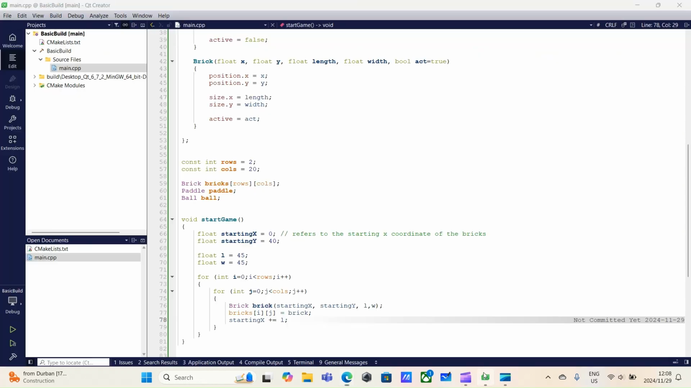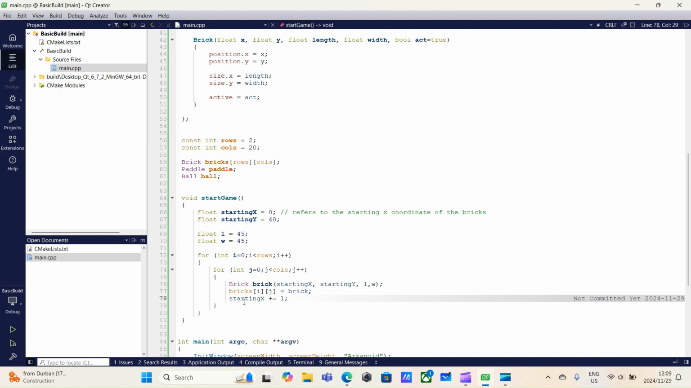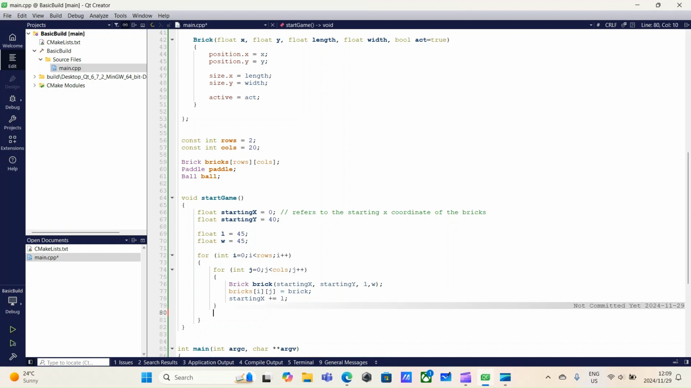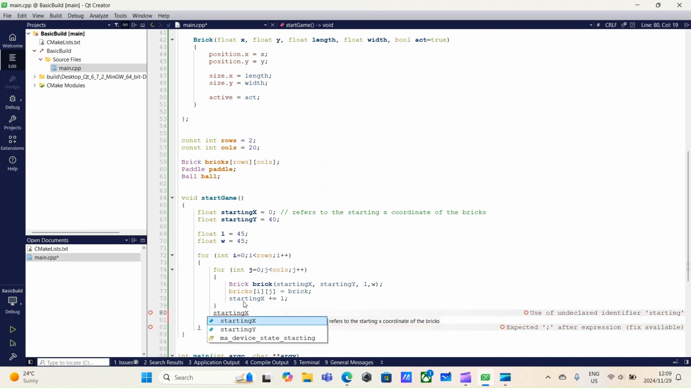All right. So starting x plus equals L, which is just 45. You can equivalently just go 45, but L, because it's the same thing right now, and if we ever needed to make changes, it's good for us just to update in one place as opposed to everywhere. After we create 20 columns, is it 20? Yeah, 20 columns of bricks, we're going to set starting x back to 0